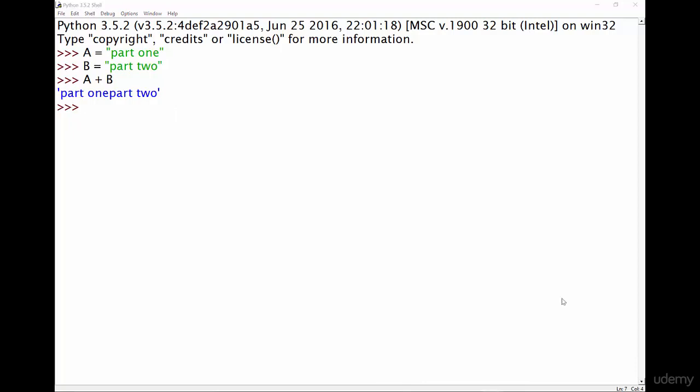As a side note, it's even possible to multiply strings. You can't multiply a string with another string, but you can multiply strings with numbers. Let me show you what I mean. If I type a times 3, then you're going to see it says part1, part1, part1. Now this is really useful if you don't want to repeat yourself, because here we've got the contents of a